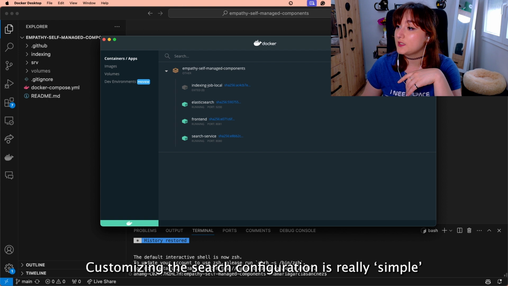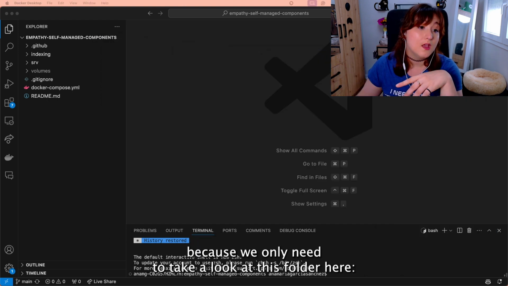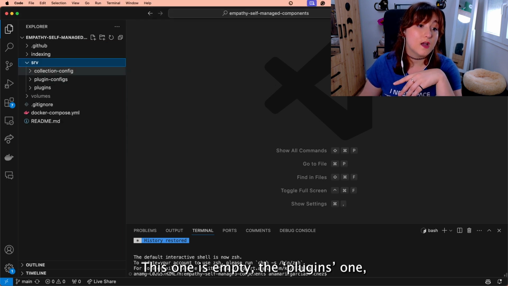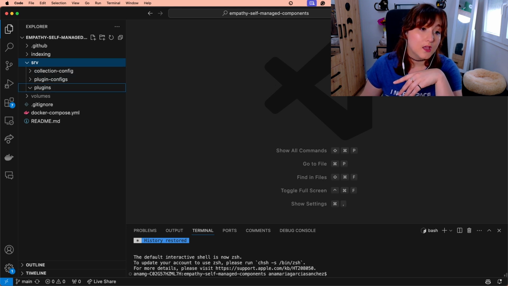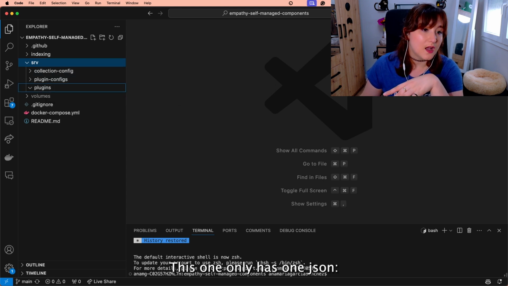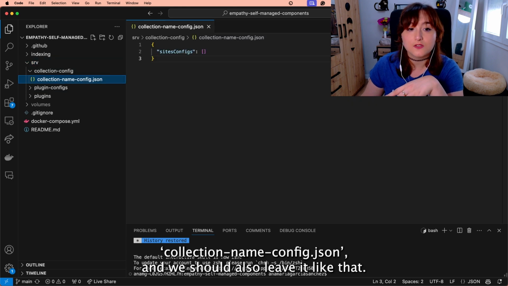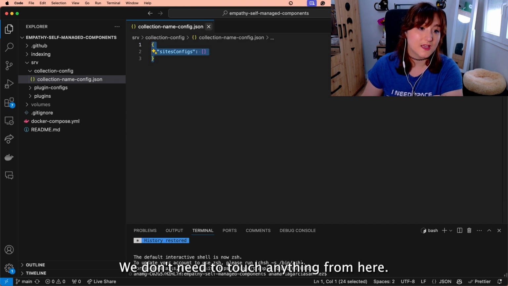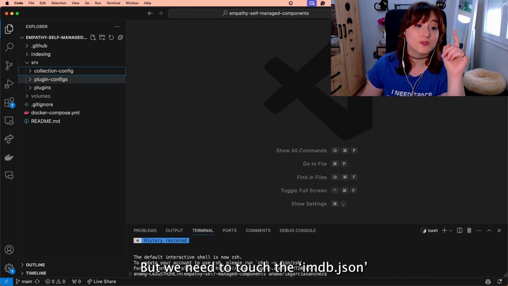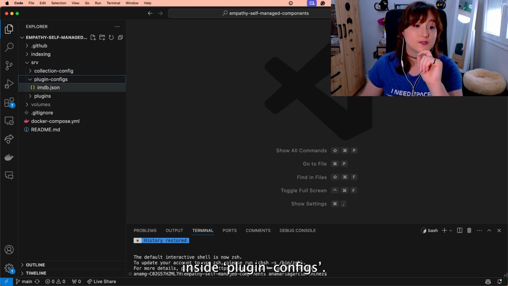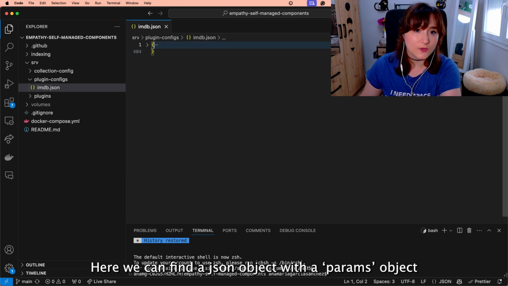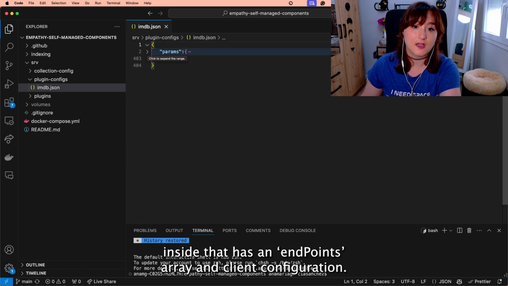Customizing the search configuration is really simple because we only need to take a look at this folder here, SRV, and we have three folders. This one is empty, the plugins one, and we should leave it like that. This one only has one JSON collection name config, and we should also leave it like that. We don't need to touch anything from here, but we need to touch the ingv.json inside plugin configs. Here we can find a JSON object with a params object inside that has an endpoints